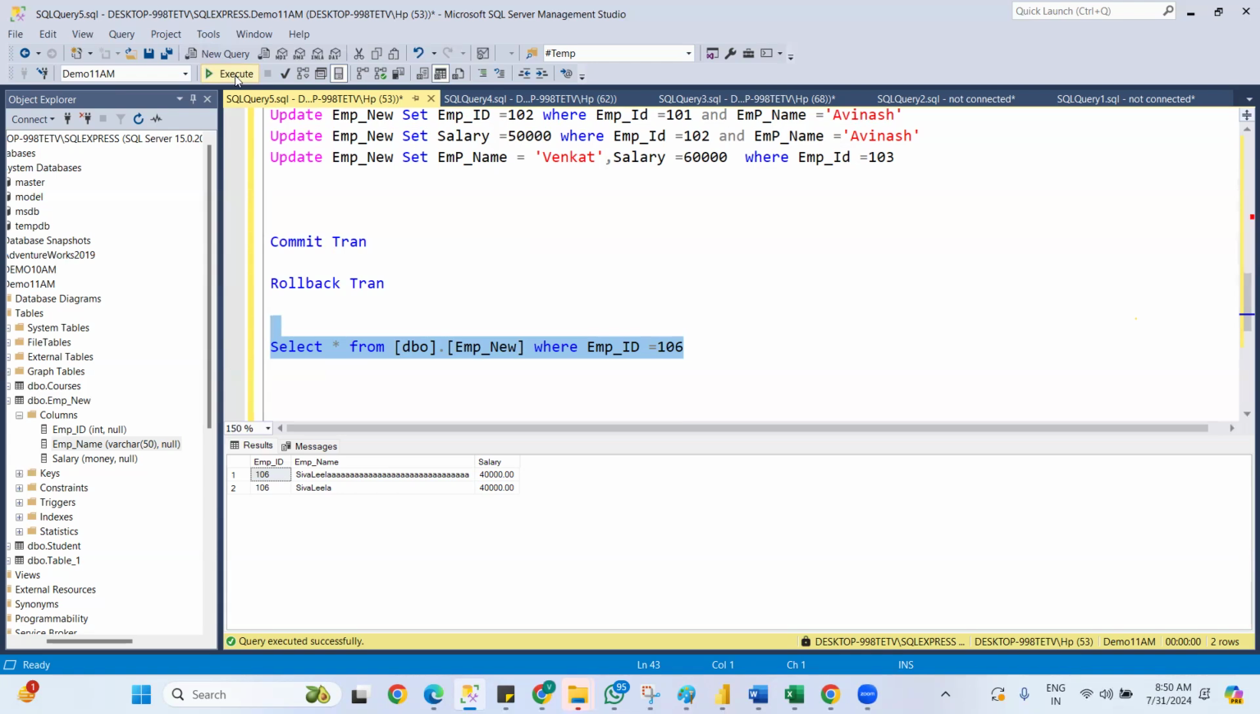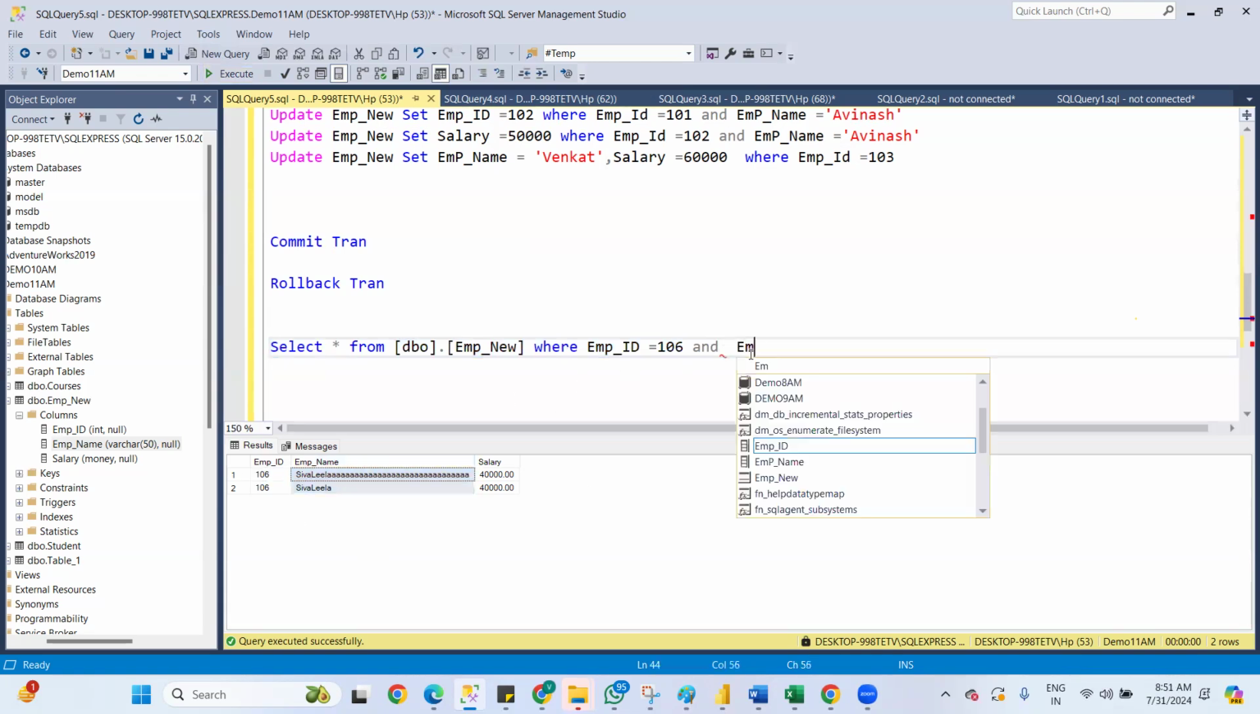Where employee ID is equal to 106 and employee name is Fubil. So this name we want to remove this record. So then we have to apply one more condition. What is that? Employee name. Very good. Employee name equal to employee name equal to